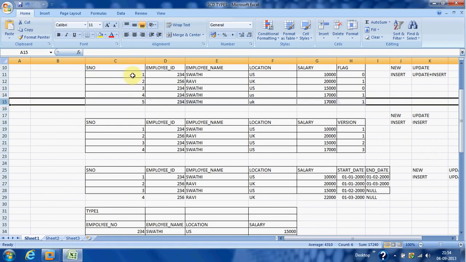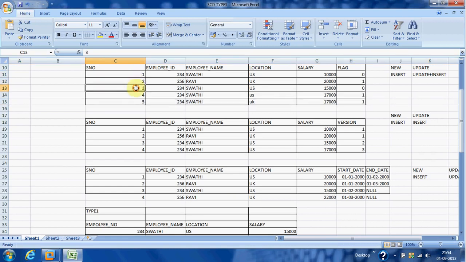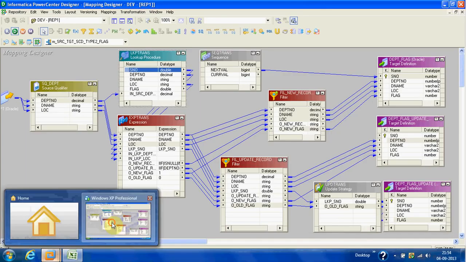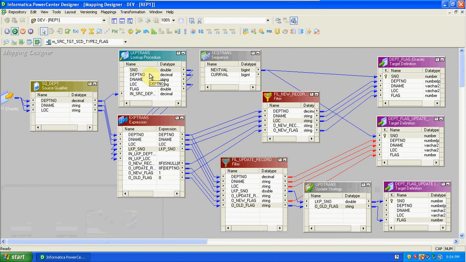Okay, Swati related we have totally 4 records. The last record is the latest record. 1, 3rd, 4th, these 3 are the old records. Okay, so then we need to modify the previous flag value into 0, the latest record into 0, but from lookup it will return. So when you are comparing the department numbers 2, 3, 4, you will get 3 records from the lookup table,